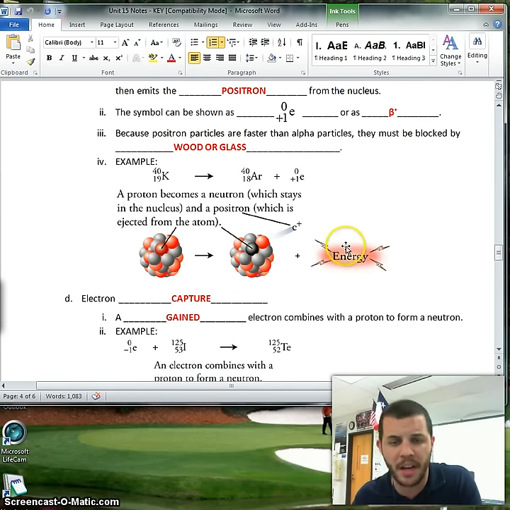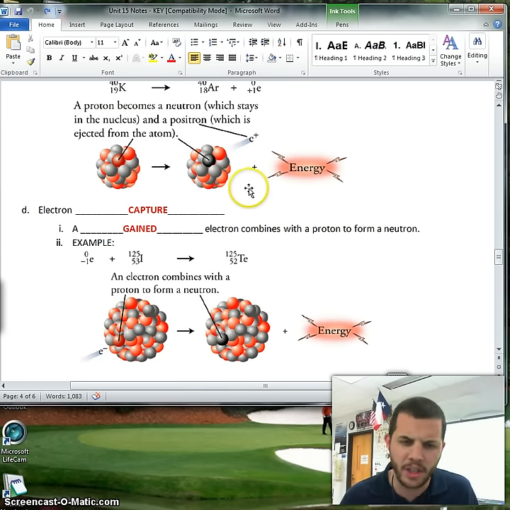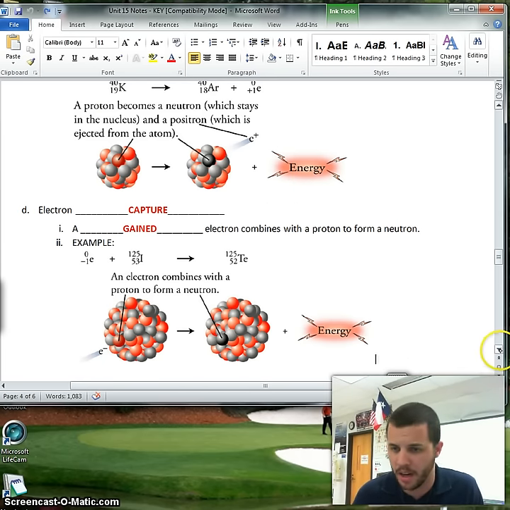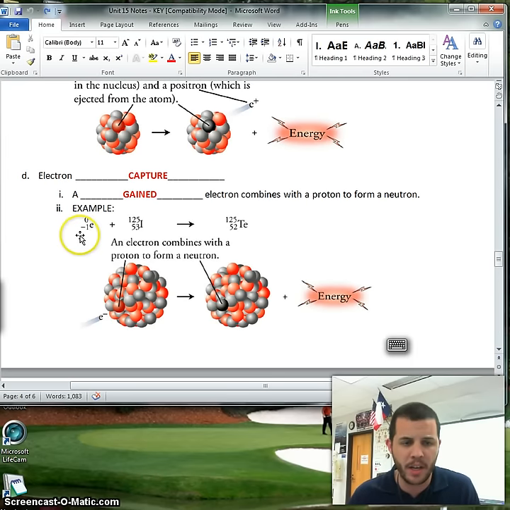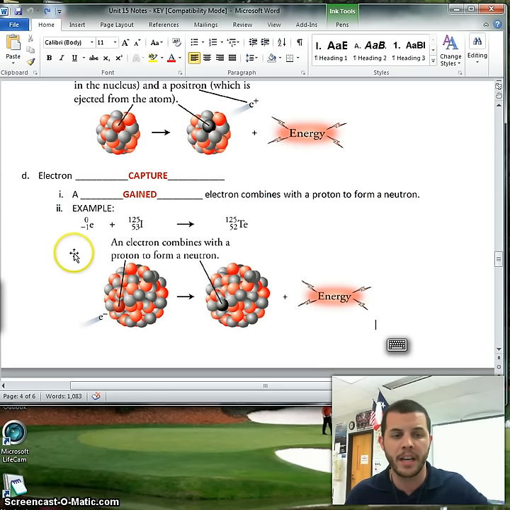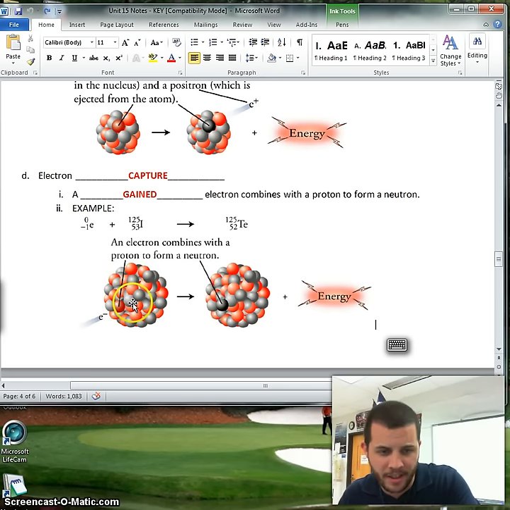Each one of these has an amount of energy associated with it, and we're actually going to take a look in a few minutes at what that energy is called and how that energy is released. The next type of decay is called electron capture. This one is the only one that has the particle being captured on the reactant side. So what we're actually doing here is sucking this particle into the nucleus